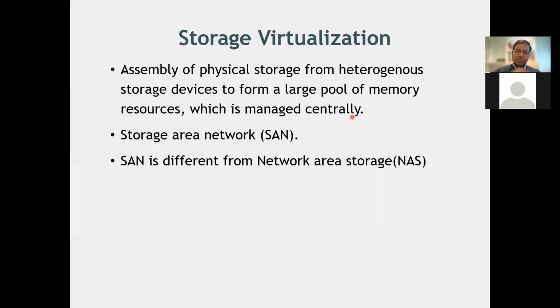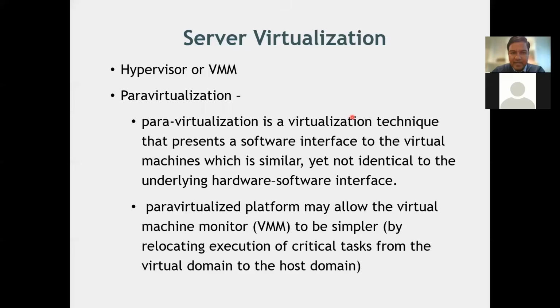So in the example which we saw, the mobile phone's internal and external memory, after the external memory was allowed to behave like internal memory, we virtualized it, and all the space available, like 32 GB and 16 GB, which is 48 GB, is available via the centrally managed storage area network. So in terms of server virtualization,